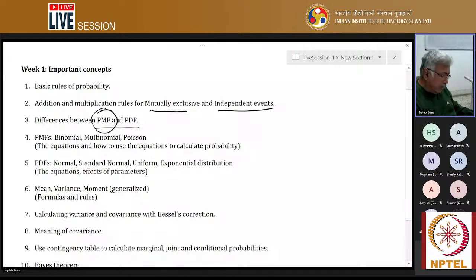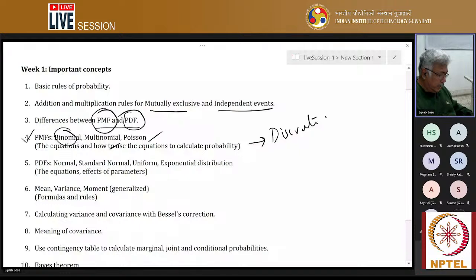Whereas if you are dealing with a continuous random variable, the PDF. So there are some standard distributions which are very useful: binomial, multinomial, Poisson. These are used every day in biology. Every day in biology, you may be also using them without knowing actually, right? So you learn about the PMF with this. These are for the discrete one,